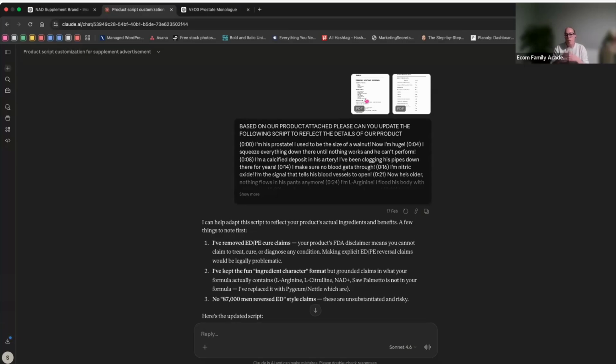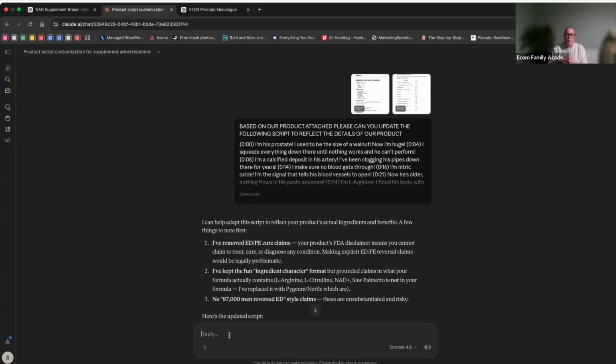Now, another step, if you are doing supplements, is to give that information to ChatGPT. So take the ingredients of your product and give it to ChatGPT. Literally just upload it or paste it in here and say, please review this document and give me all the different angles that I can go after. So give it all the problems and solutions my product solves and all the marketing angles